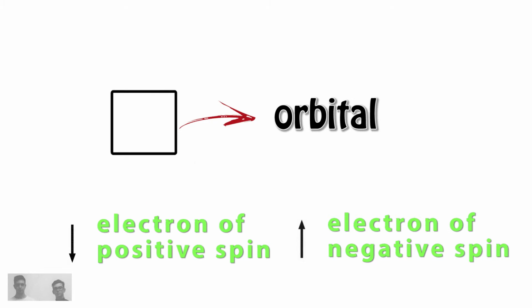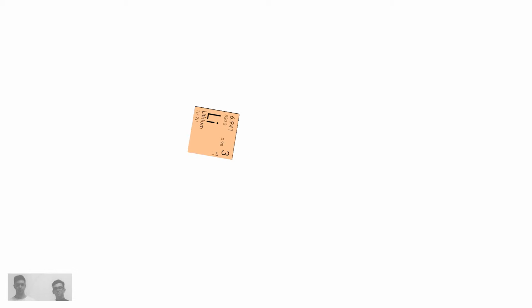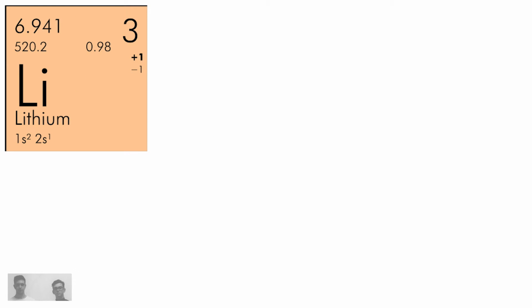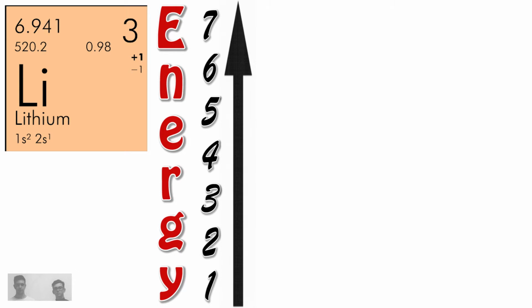Let's start with lithium. The electrons are ordered according to energy, so that it is always increasing. So we can proceed firstly giving priority to energetic levels 1, 2, 3, 4, etc. and then to the sublevels S, P, D, F. The atomic number of lithium is 3, so it has 3 electrons to distribute.